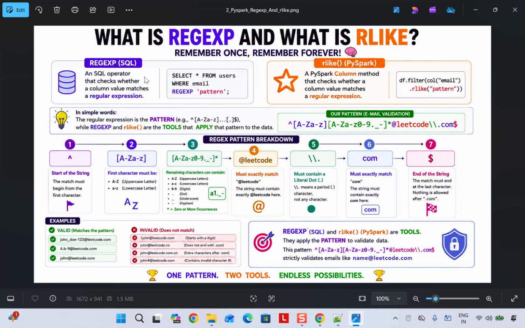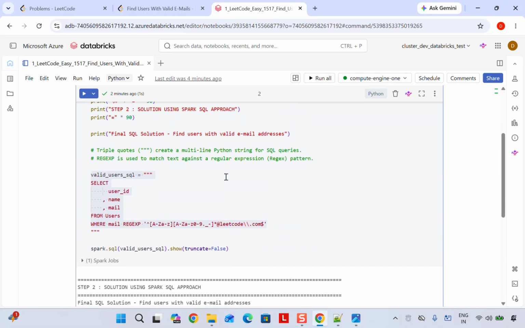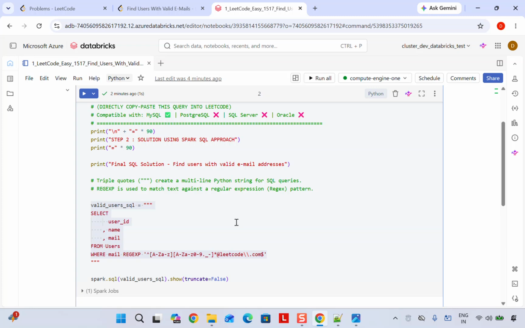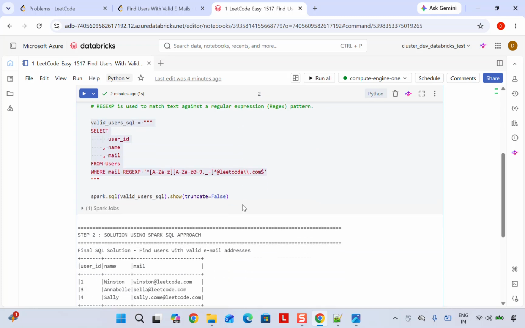So what is regex here, first of all, right? A regex is a SQL operator that checks whether a column value is matching a regular expression or not, right? So that's what we have seen. We have seen how we can get the solution using PySpark, though it is a very simple thing. We have started from an easy one, right? So we have seen the output,